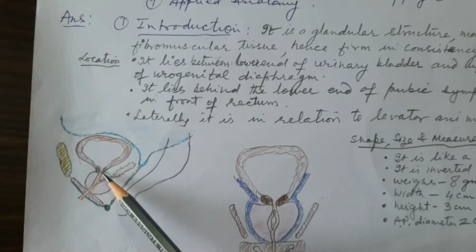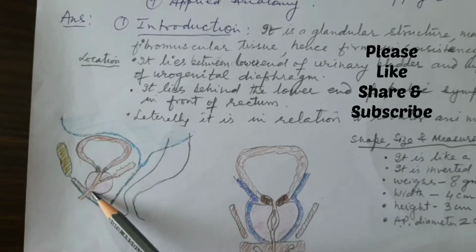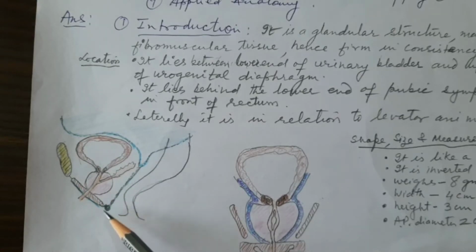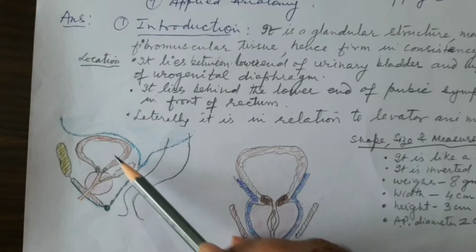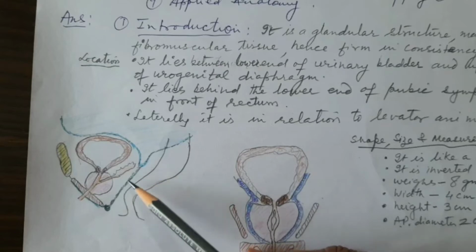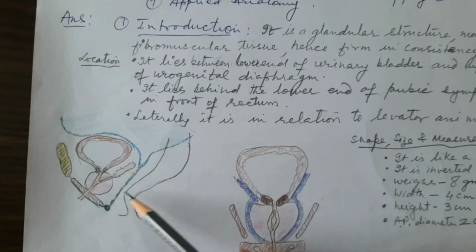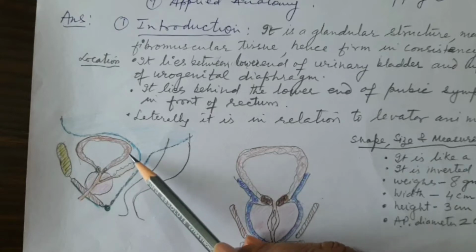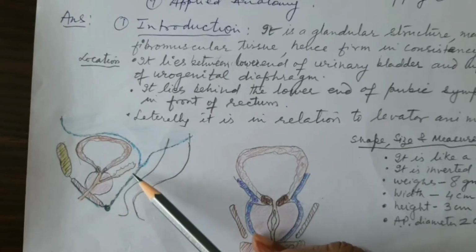Thus the prostate gland lies between the neck of the bladder and the urogenital diaphragm, posterior and inferior, about 2 cm behind the lower margin of the pubic symphysis. And this is the perineal body. From the perineal body, one fibrous structure is going, that is the fascial septum. It lies between the urinary bladder and rectum, hence it is called the vesicorectal septum, or the fibrous septum.